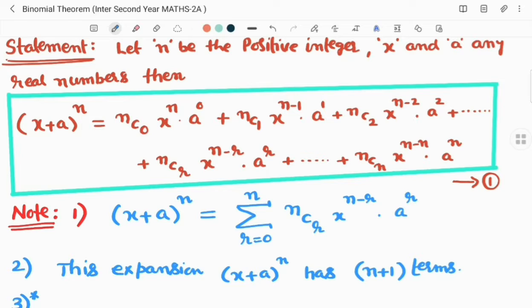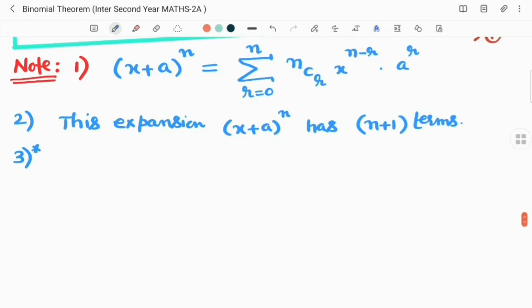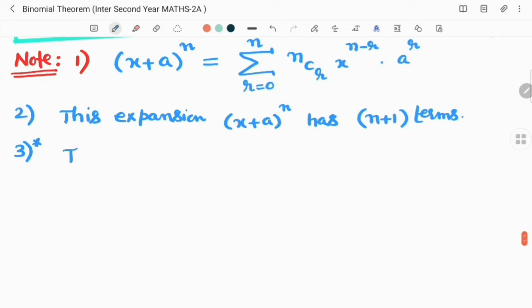That is called the rth term of the expansion, which is denoted by